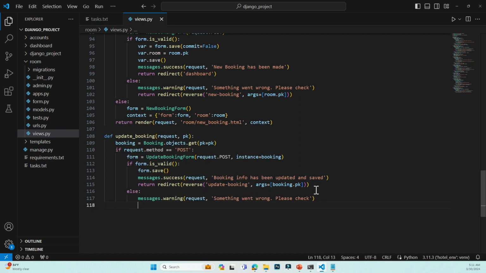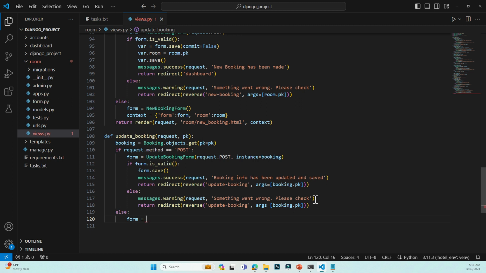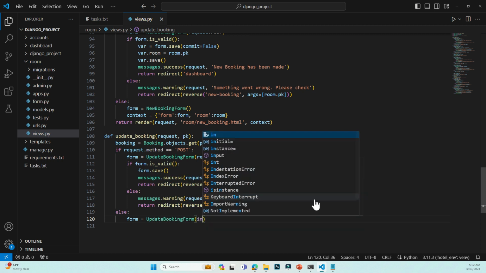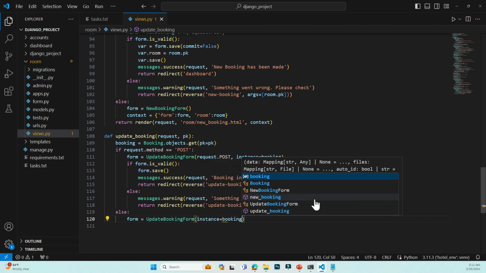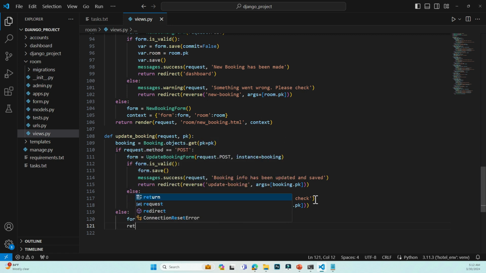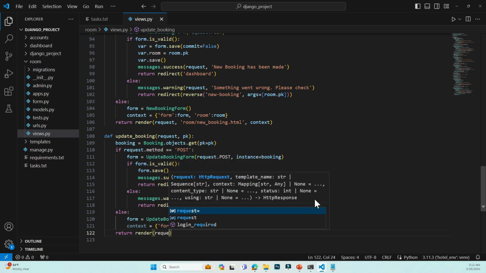Oh, sorry. So we're going to still reverse back to this one actually. So just copy that. Form is going to be updates with the booking form, instance booking, context form, return render requests